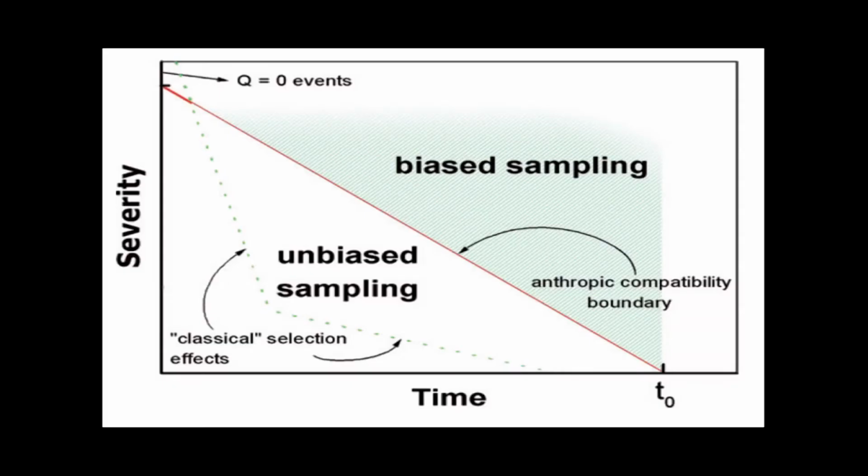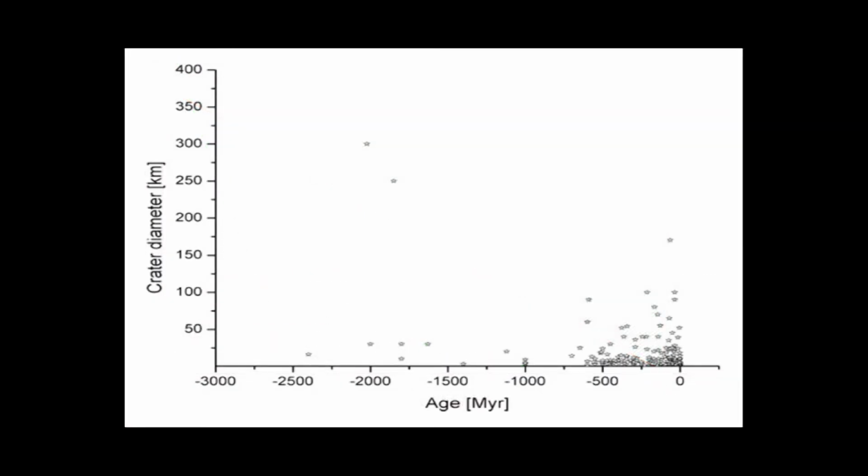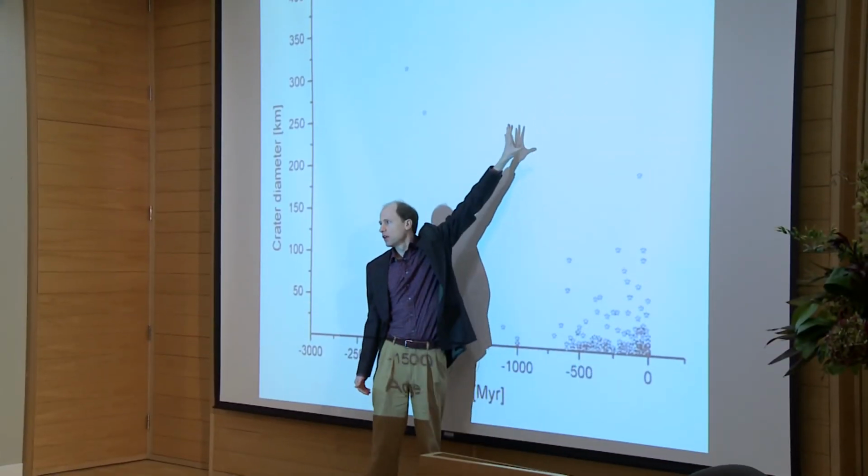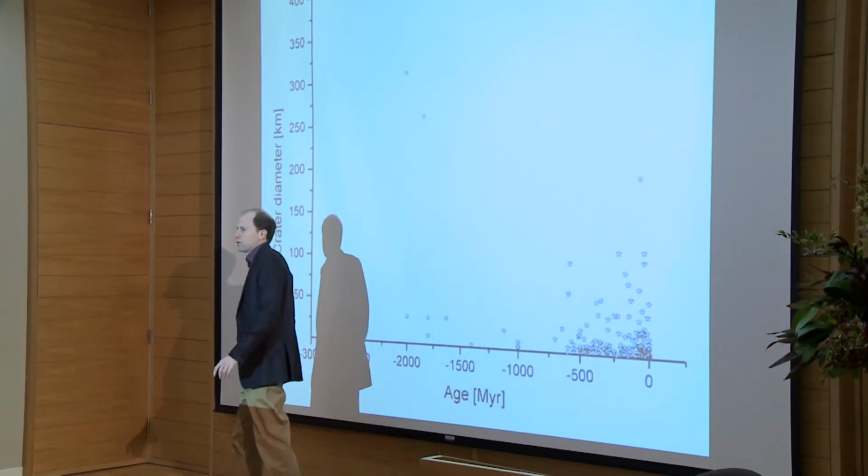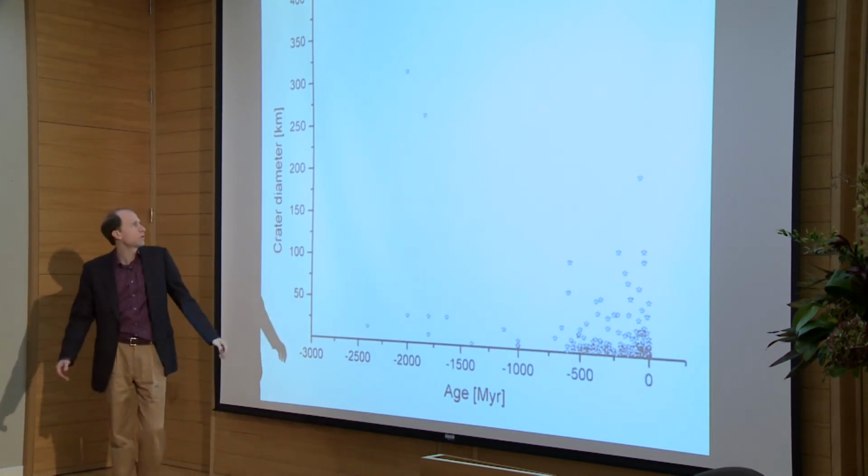So just for fun, we can look at the actual crater diameter data. Again, the data is kind of crummy, but you can to some extent see the classical selection effect. There is no really tiny crater observed from very long ago. There are a lot of those recently, but you can't see them when you go back billions of years. You also see this upper rectangle here empty, as you would expect. If there had been something really big there, we wouldn't be here.